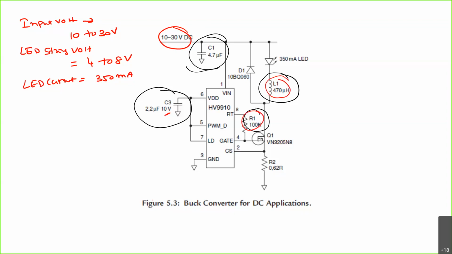The resistances R1 and R2 values, and this capacitance is usually fixed, so there is no need to select it. It may be 1 microfarad, 10 volts, or 2.2 microfarad, 10 volts. That is normally preferred. Okay, and we need to fix the current and voltage rating of this MOSFET, and the current and voltage rating of this diode. Right, that's it. And we need to look at the input side filter.